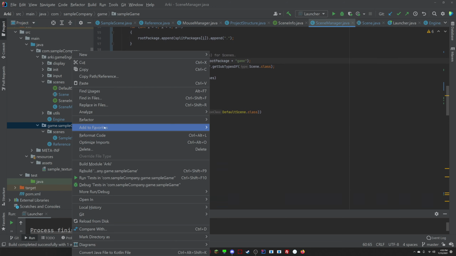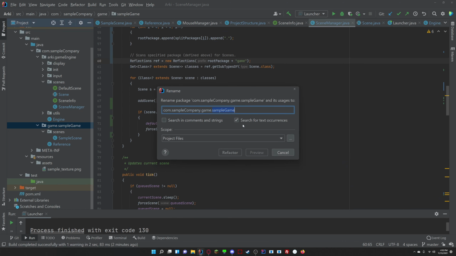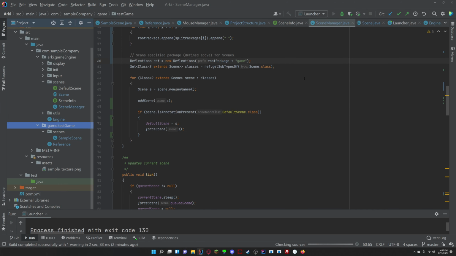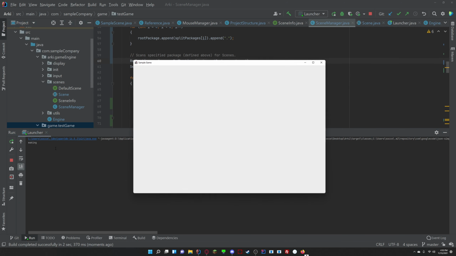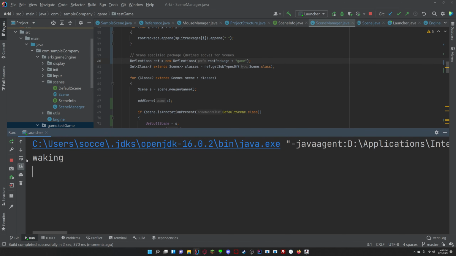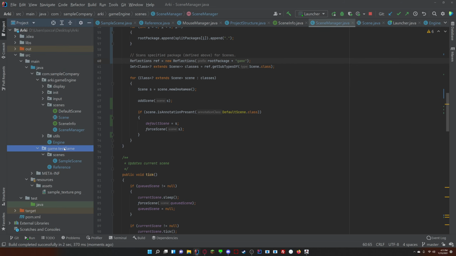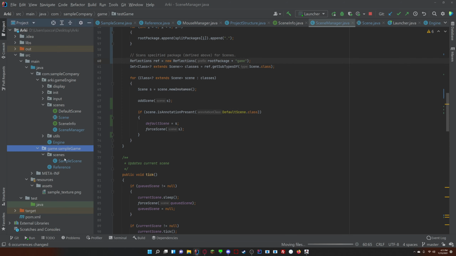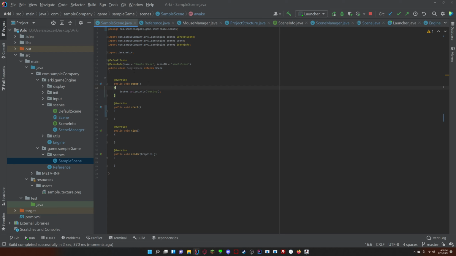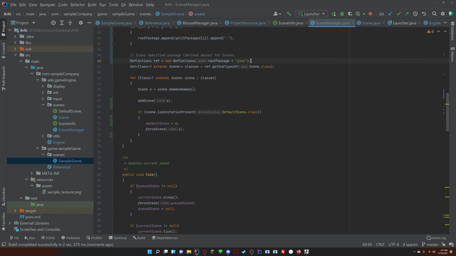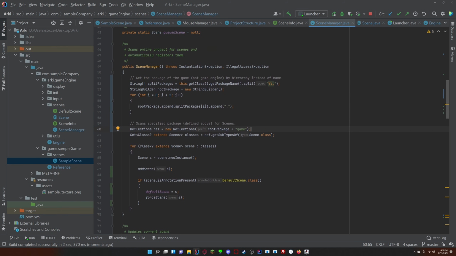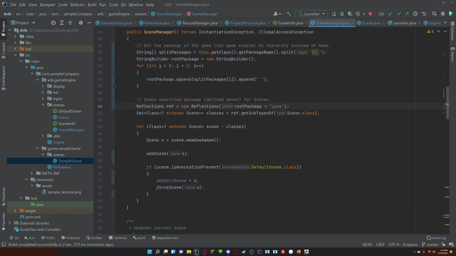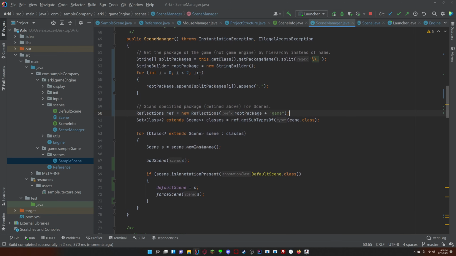You can see that when I refactor this and say test game instead of sample game, and then I run it, it still prints out waking. Now, the reason why that's important is because that waking is being called in the sample scene, right? And the scene isn't being initialized anywhere, except it is. A new instance of it is being created in this constructor, because what it's doing is, in the constructor